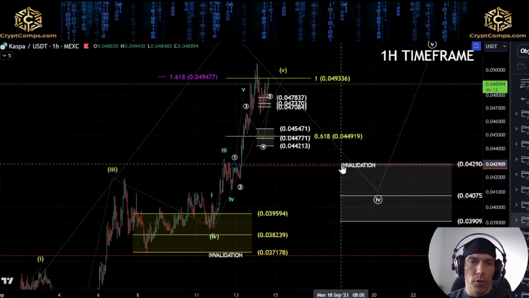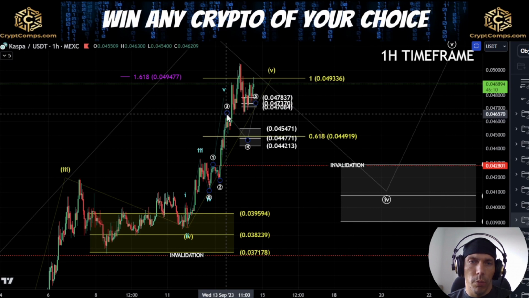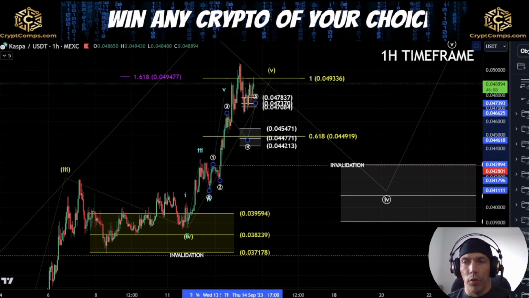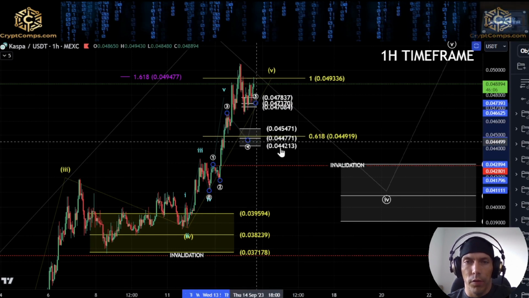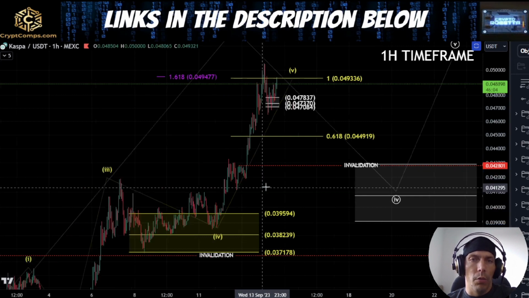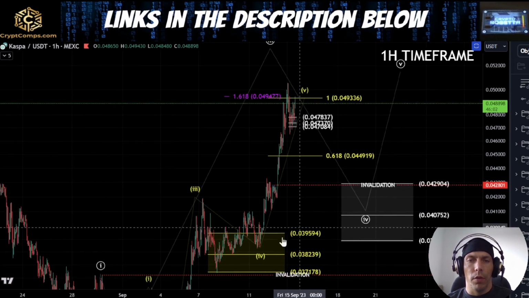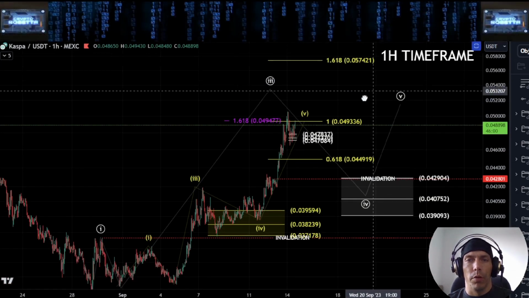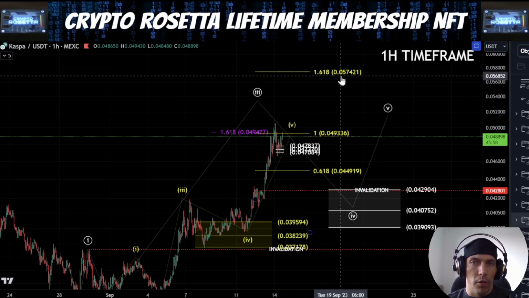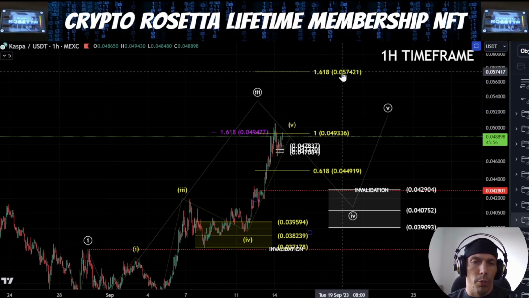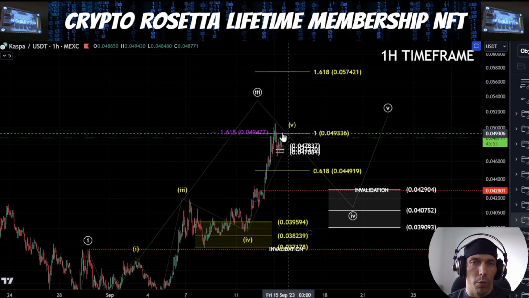Now, it is possible that still within this structure, we do have a little bit more to come here, and I'm actually going to delete these subwaves because I've relabeled this. And what we were saying is that we could be looking for this fifth wave to extend. We talked about a few targets. This 1618 here, if we're going to get a bigger fifth wave extension, could be a target. We're talking about this 1-to-1.